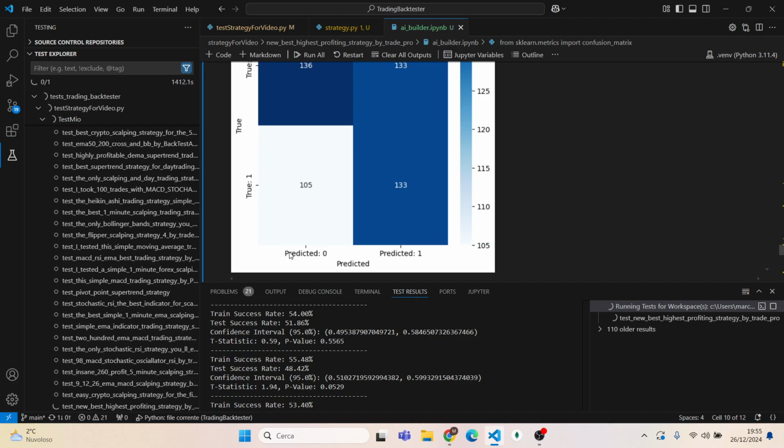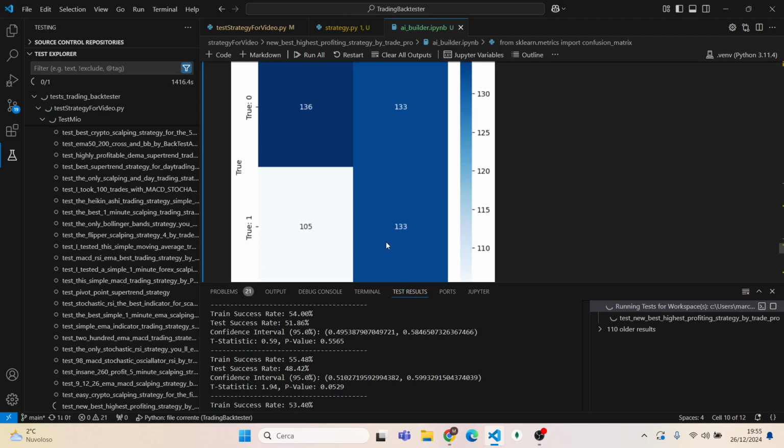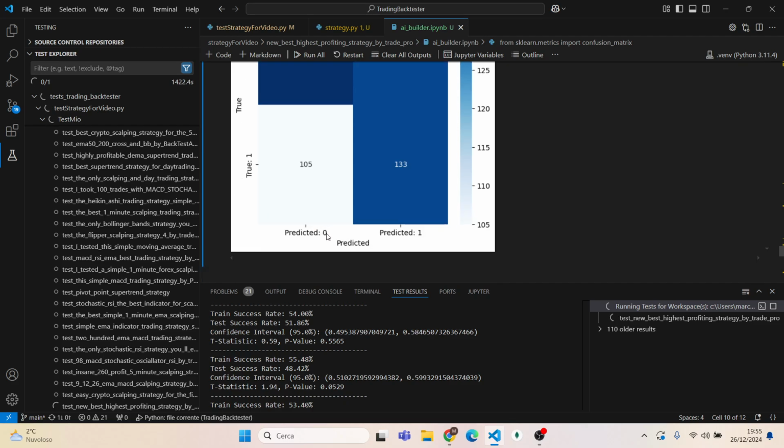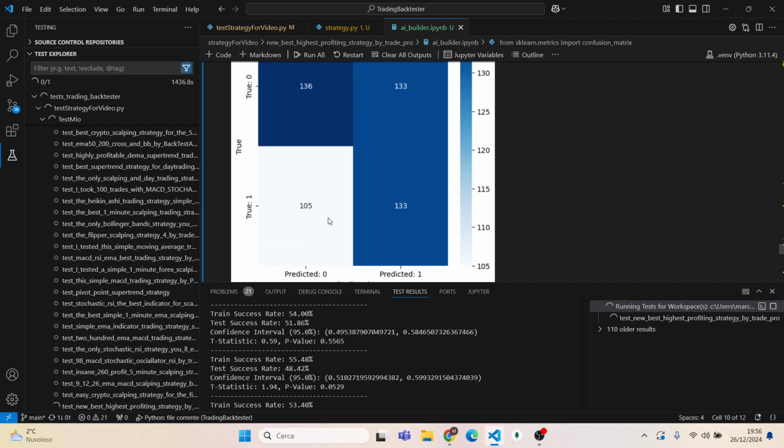We have the prediction on the x-axis, and the true value on the y-axis. So 0 stands for open the position, 1 for not open the position. If you don't want to open the position, it's because you think it will be a fail. If you want to open a position, so 0, the artificial intelligence thinks that it will be a